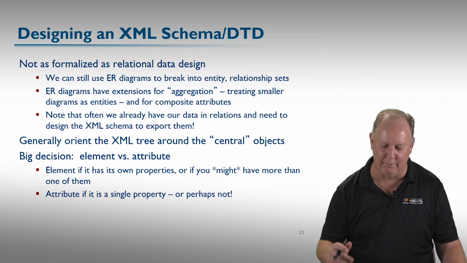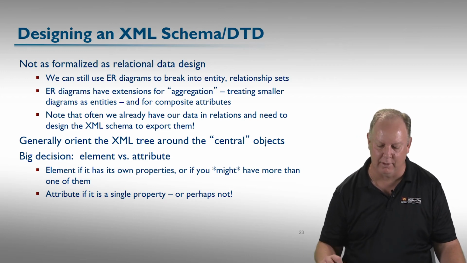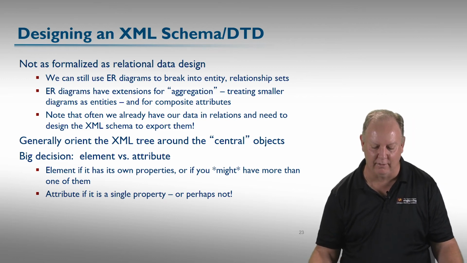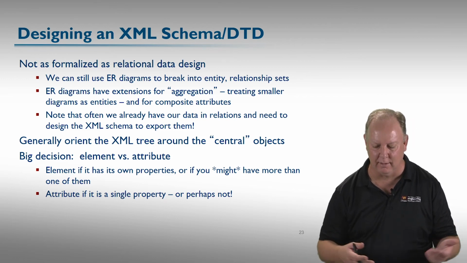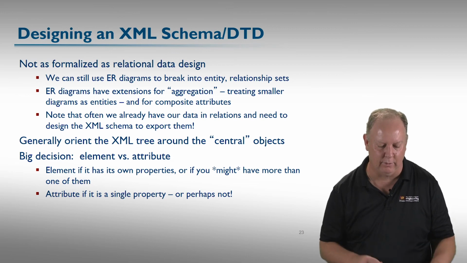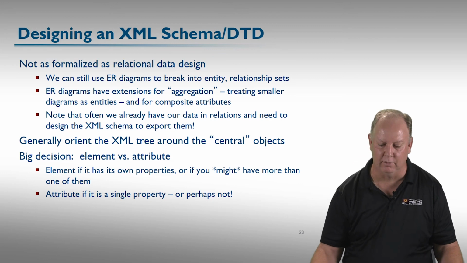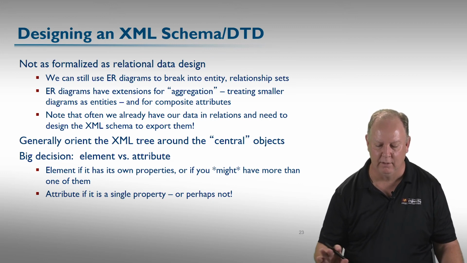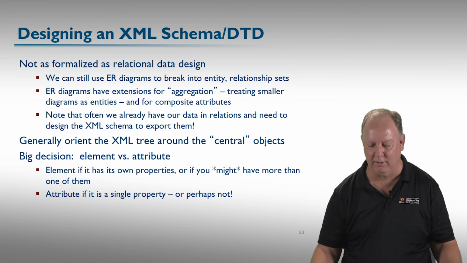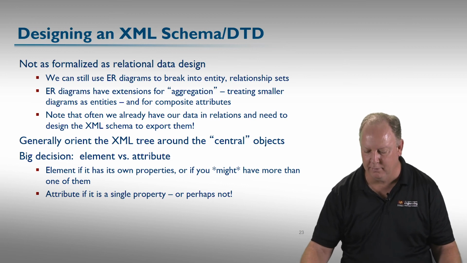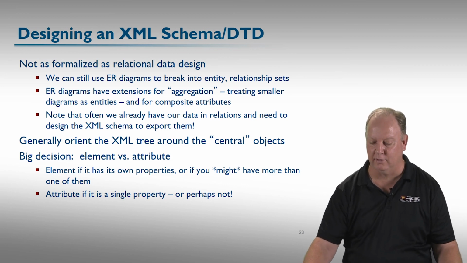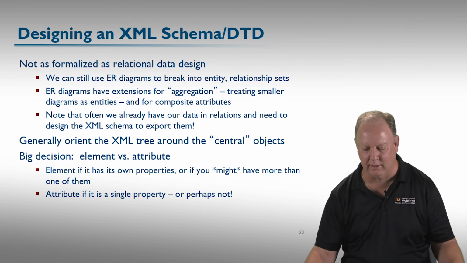And again, you've got to kind of think about it, right? If an element has its own properties, or more than one of them, or maybe just an attribute as a single property like mdate does, or key, but you don't have to do it that way. You could always make it an element. Certainly an element is more general, but there are a few schools of thought on that. A lot of folks make sure they don't create very many attributes. I personally think it's fine, just that attributes aren't quite as extensible because they're just a name-value pair, whereas elements are a bit more extensible over time.